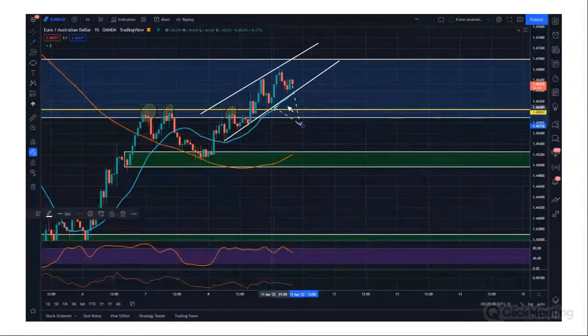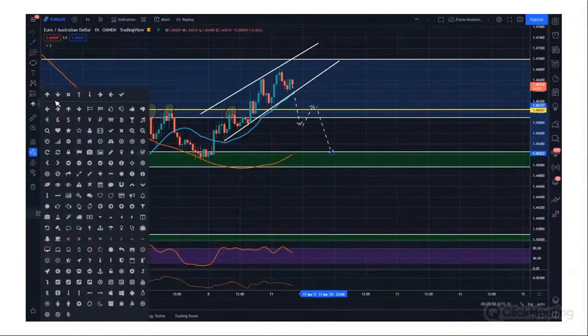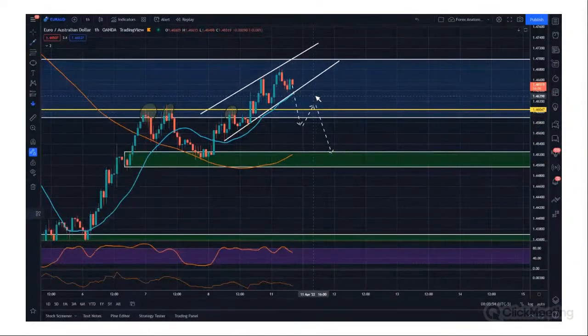We can see it's support right here. I forgot to draw that in. It becomes resistance, and we can enter a sell, and we can sell it all the way down to this zone right here. This could be a setup that we're looking for, that should take place soon